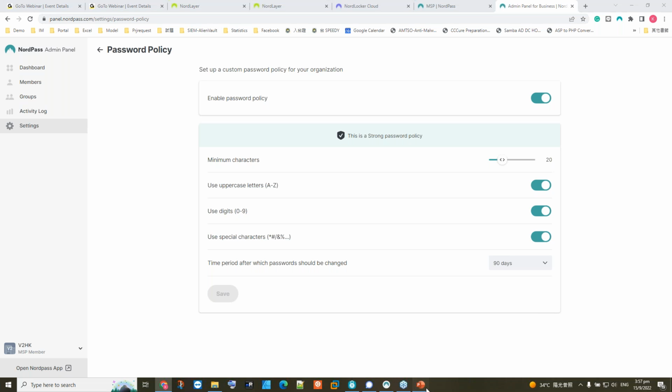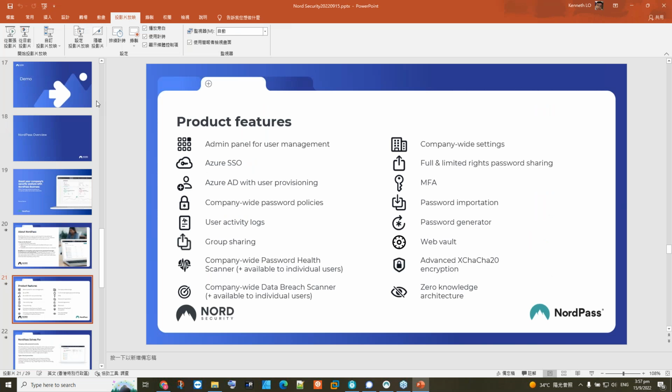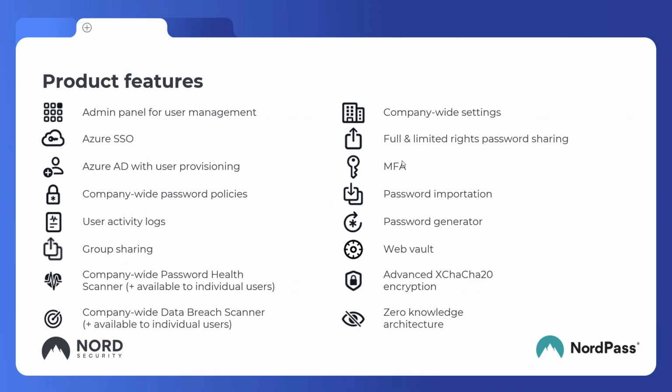Okay. So let's review our features list. We have an admin panel for user management, so you can assign groups. And we have single sign-on. We are not just Azure. As you can see, we have Google Workspace and other account directories. But we also have automatic user provisioning with Azure AD integration. We can enforce a company-wide password policy. We can have user logs, group sharing,